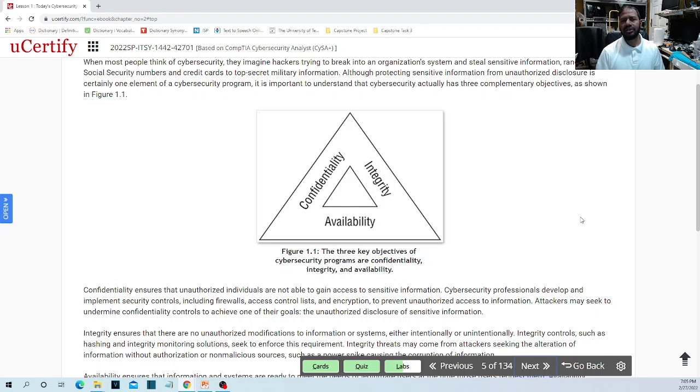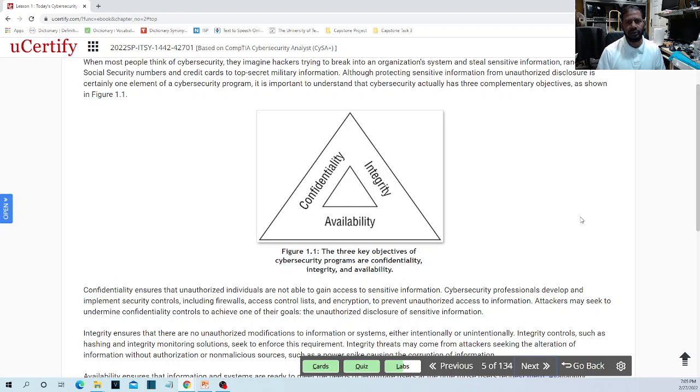Integrity means your data, your information, your digital assets, are unaltered, they are accurate, they are not corrupted by unauthorized people or even by authorized people. They are not altered, they are not corrupted, they are accurate. That is integrity. Third is availability, meaning people who are authorized users, whom you intend to have access to the data, will have the access and the data will be available to them whenever they need.